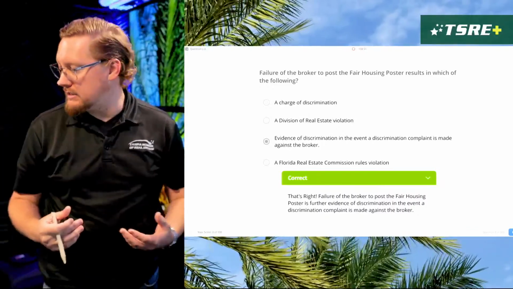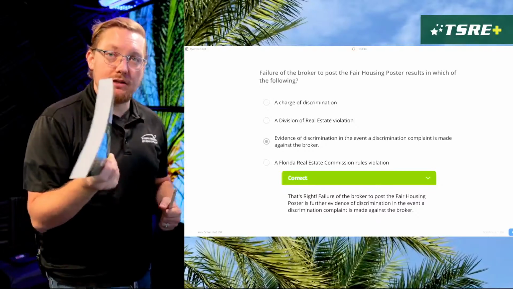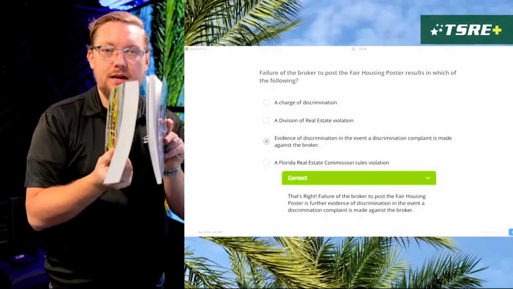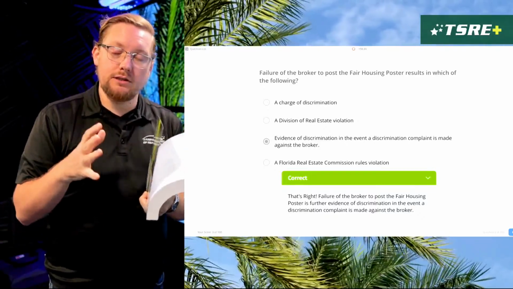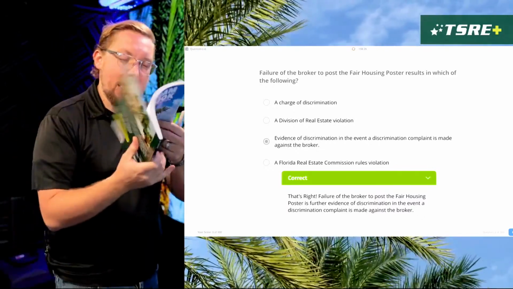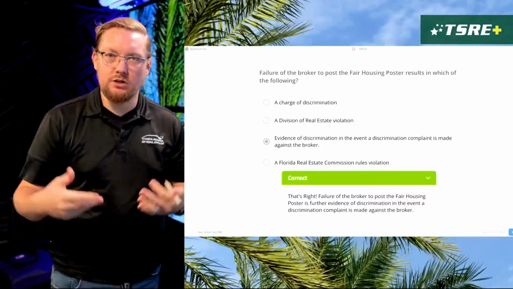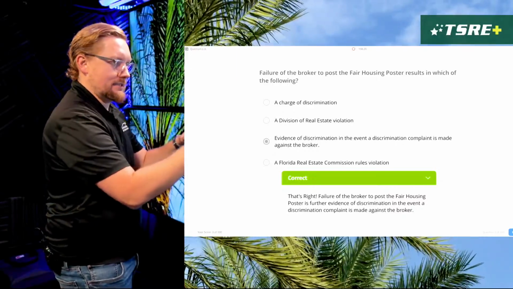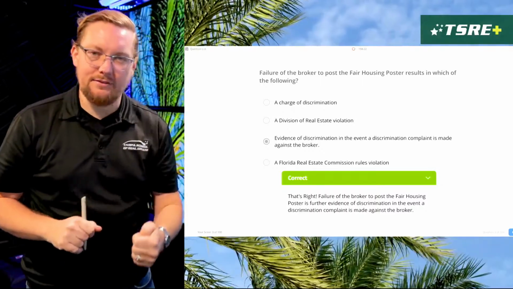If you are one of our pre-licensing students here from the Tampa School of Real Estate, the textbook that we use, it's very long. It's 500 pages versus the workbook is only about 100 pages or so. So this is 20% of the length. But this has a lot of really good details, and a lot of times it does have the words verbatim, which we do try to have the condensed verbatim in here, because we find when it's simpler, when it's shorter, it's easier to remember. And evidence of is the key thing to remember about failure to having that fair housing